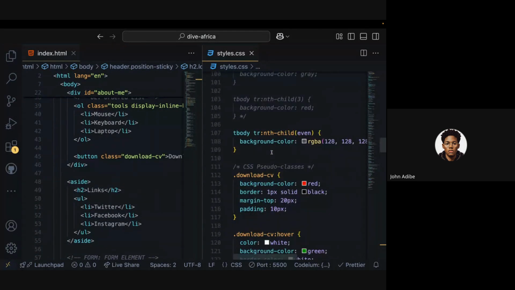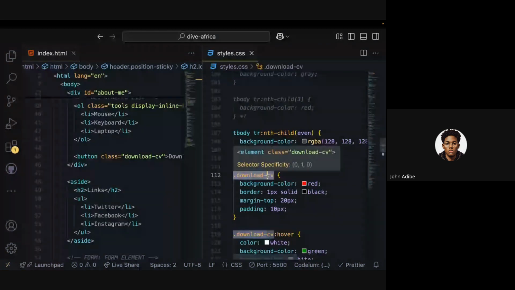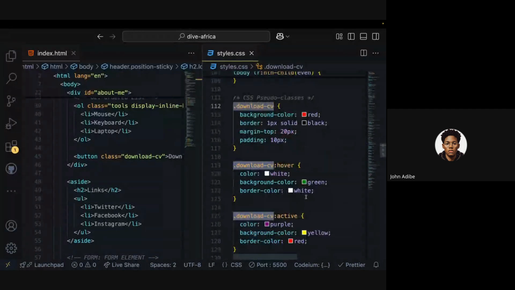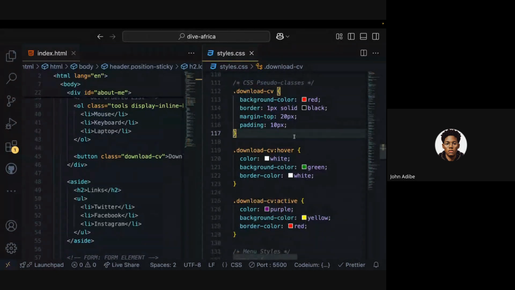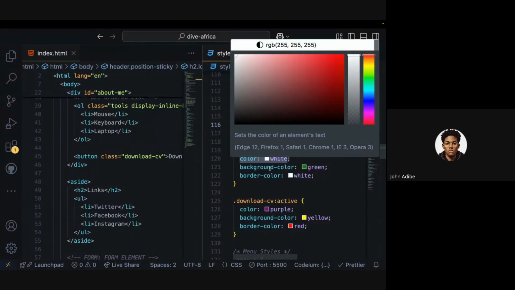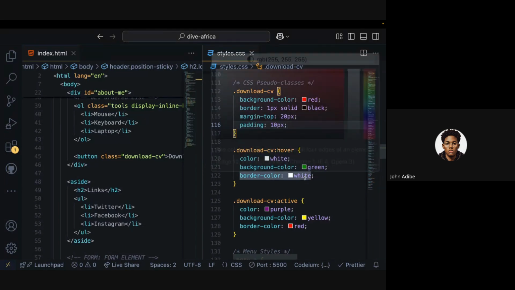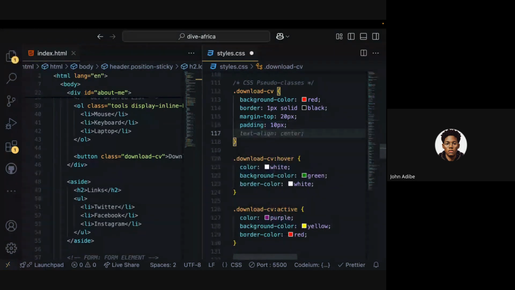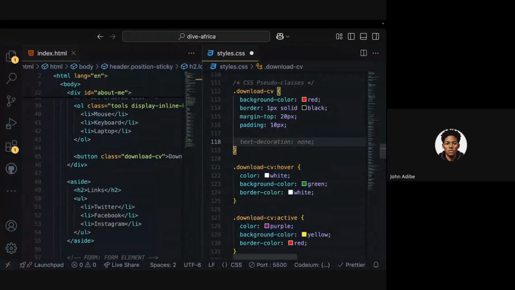Where do we have the button? Yeah, this is the download CV button. Let me just target it. Oh, there's no need. I can just add it from here, right? You can see the only thing changing here is the color, the background color, and the border color. So with CSS transition, we can target only the colors. Okay, so we can say first